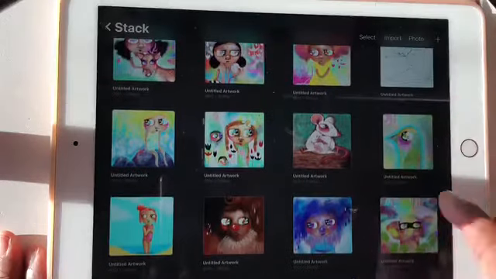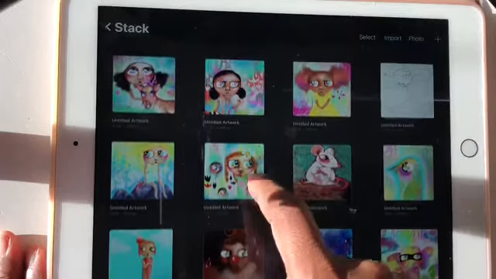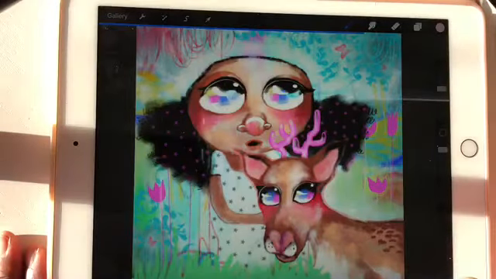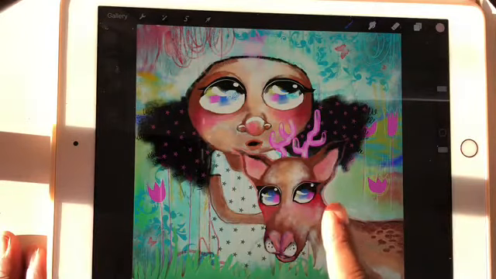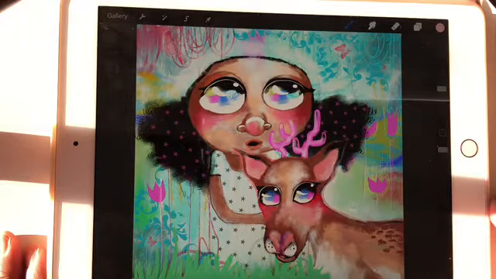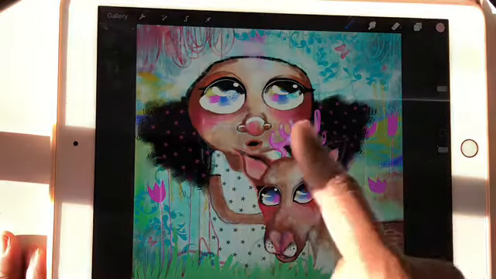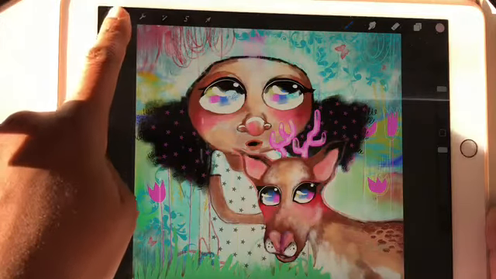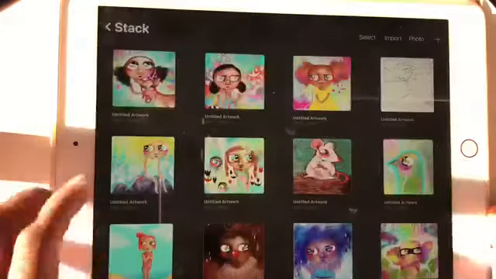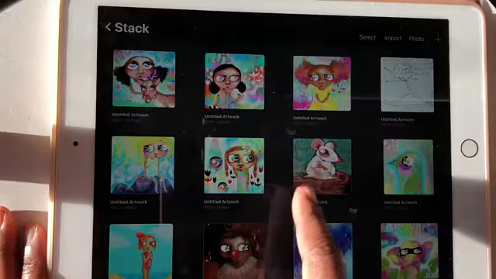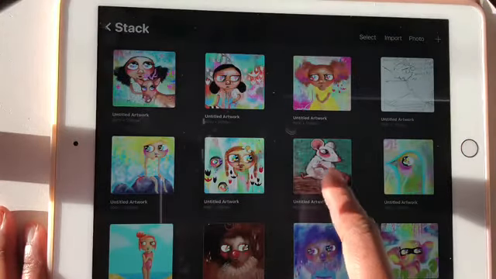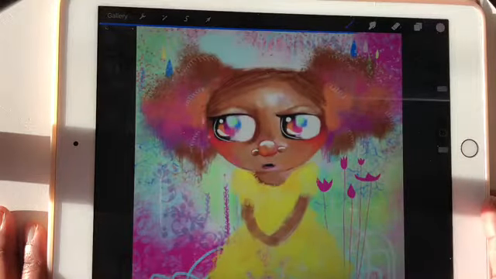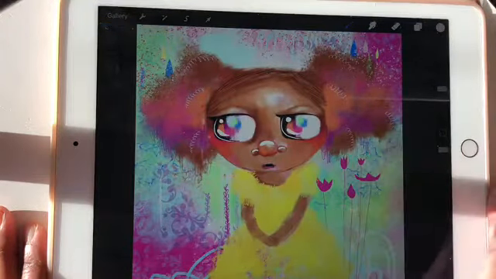iPad. So here I have some recent work I've done for Digivember. This one, actually, I haven't done for Digivember, this is just in the same folder, but this is one of my cute girls with their large eyes and a deer there. So I'll go back out and just show you where I started creating some work, but I'll just show you some of these first. Some of these are for my Digivember